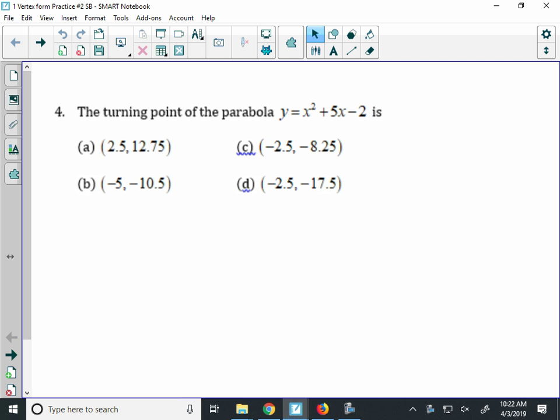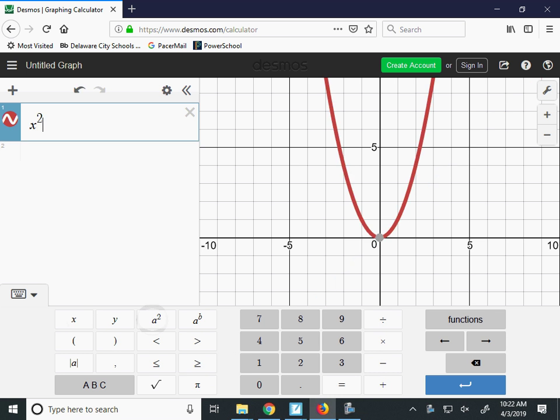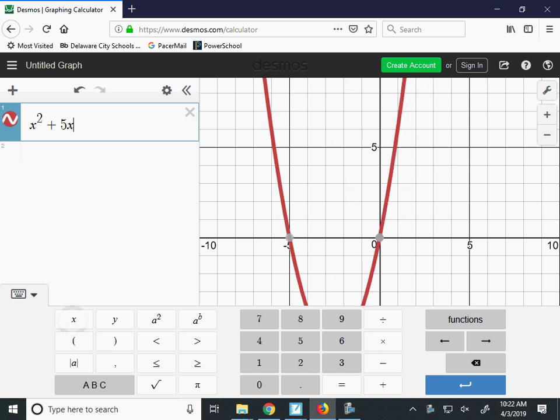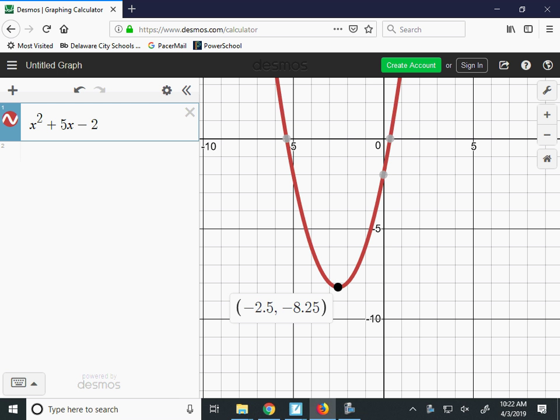Now it says the turning point of the parabola. We want to find the turning point for the parabola, x squared plus 5x minus 2. There's two ways to do this. Honestly, if it's multiple choice and you're allowed to use your calculator, I would just use Desmos. I would type x squared plus 5x minus 2 into Desmos, click on the turning point and see that it's at negative 2.5, negative 8.25,